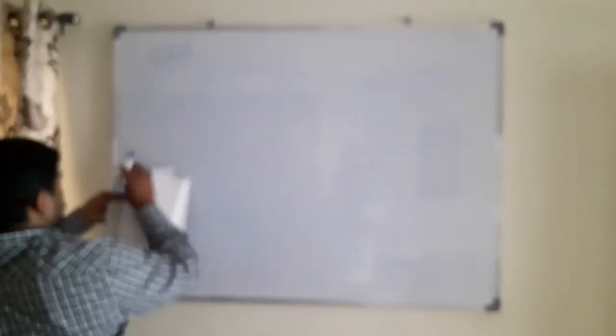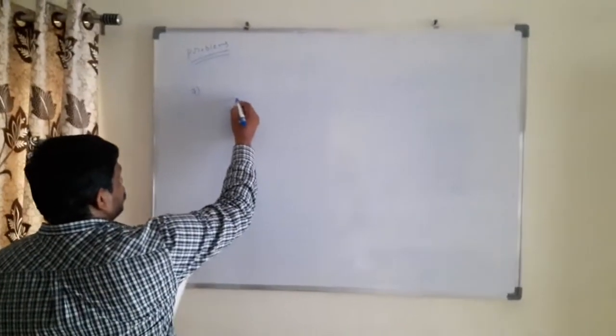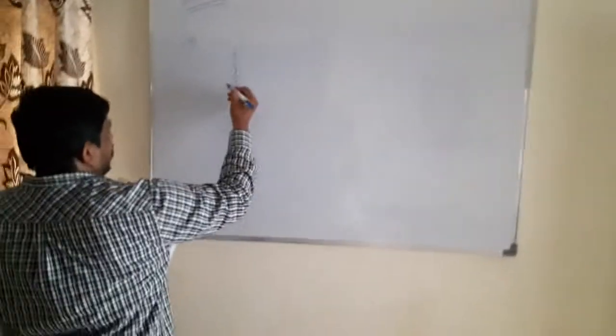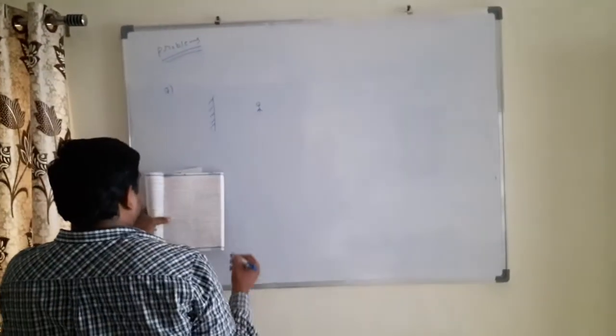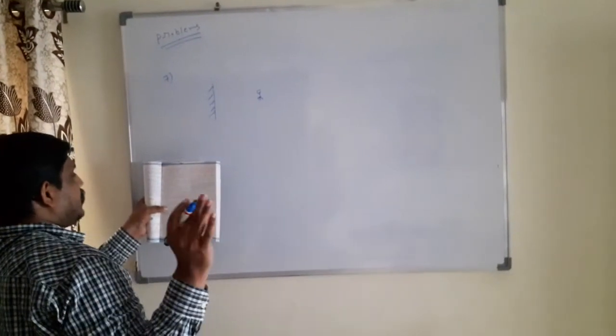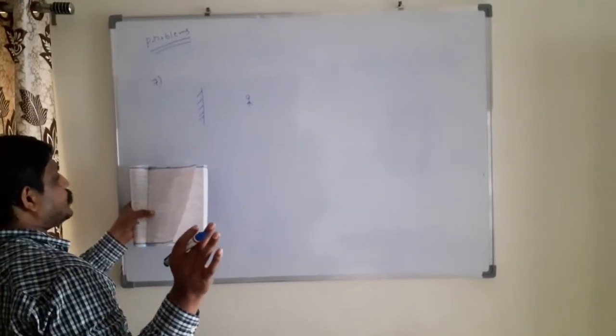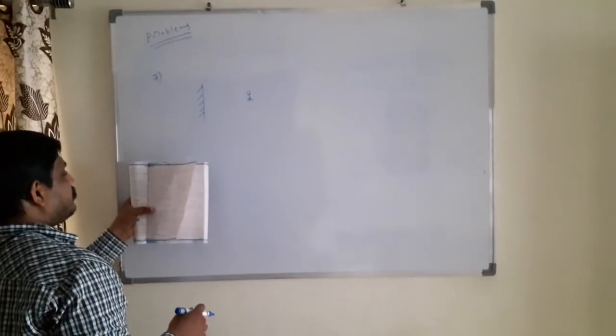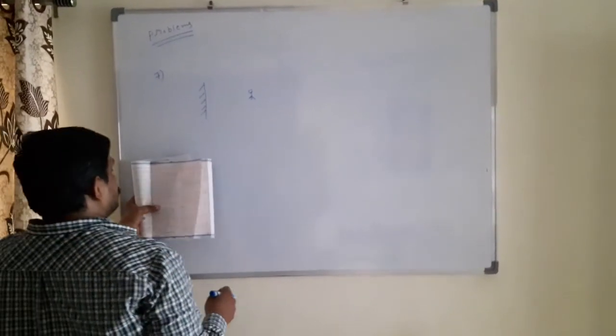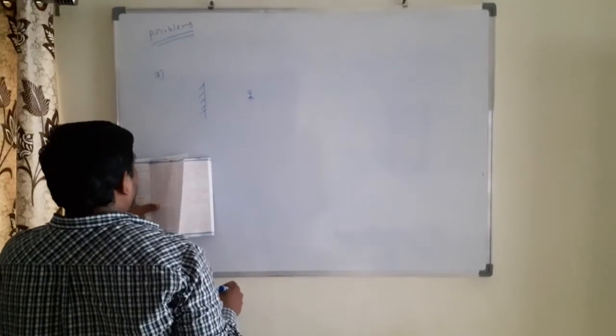Here, next problem. Look here, 7th problem. First I read the question. A person standing at the center of the room. This is the mirror. The mirror hangs on the wall. A person 12 meters high looks into the plane mirror fixed on the wall. What is the minimum length of the plane mirror for him to see the full length of the image of the wall behind him?